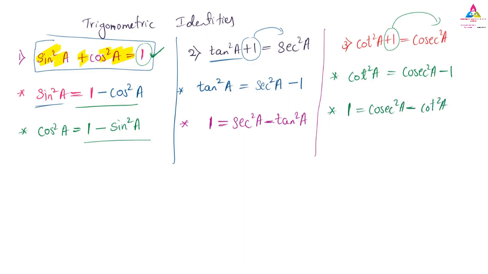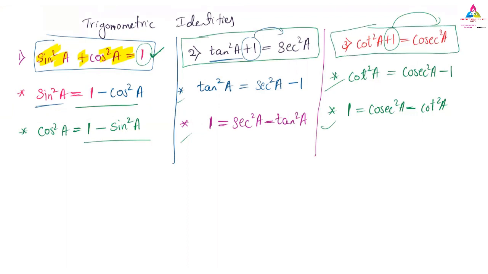So these are the sub formulas that you have to learn. But these sub formulas that we have done here are derived from the main three identities. So these are the three identities you have to remember. If you remember these three identities, it will be easier for you to solve any type of problem. Okay, any doubt regarding these three identities?